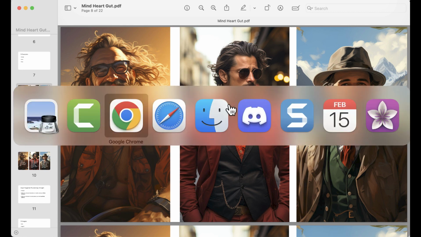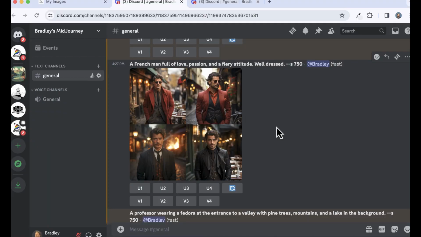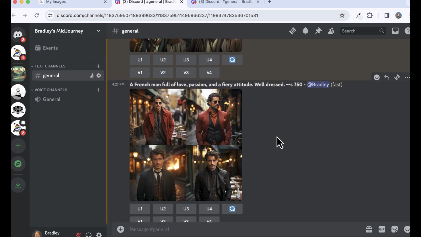So I'm going to switch around a couple of programs and show you a few things. First of all, this is Discord. I am in the app of Discord. Discord is like a messenger app, kind of weird, and you are going to be communicating with Midjourney. So Midjourney is who you're talking with, the AI bot, and you're asking Midjourney, using Discord, to make this stuff. Yeah, I know, it's confusing.